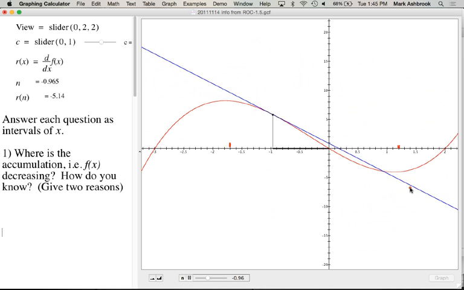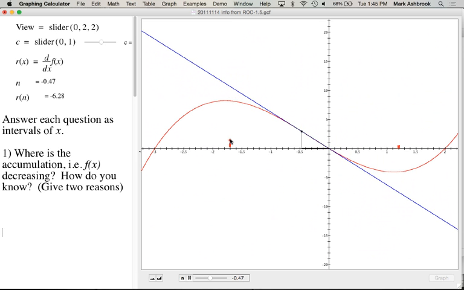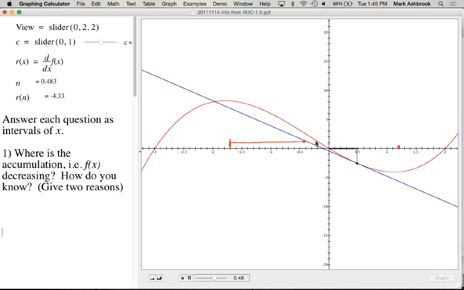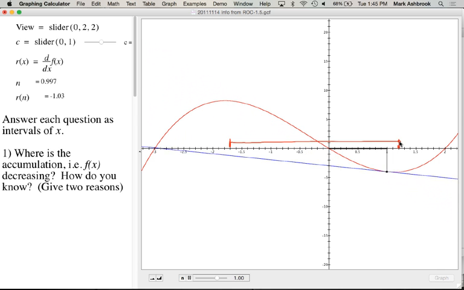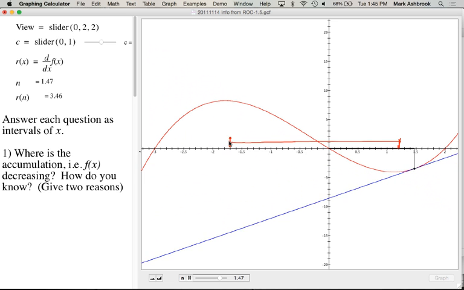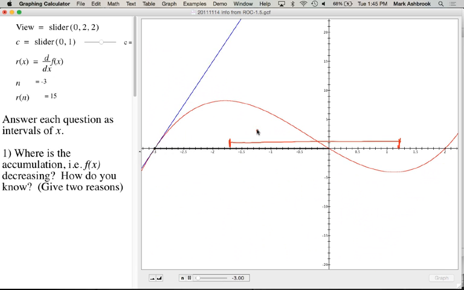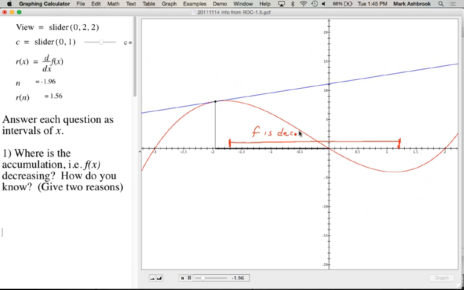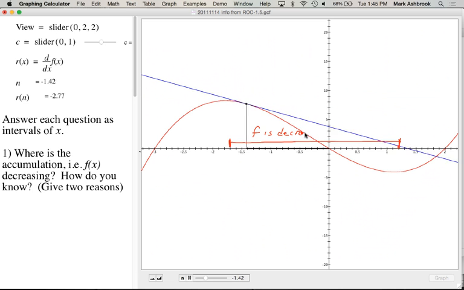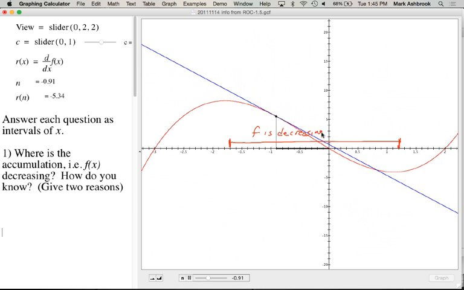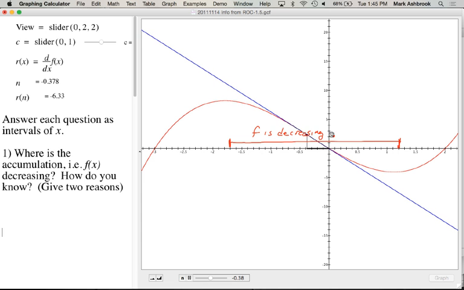Negative, right? So the rate of change is negative. So from here to here, that's the best line I've drawn all day. All right. So here, the F is decreasing because